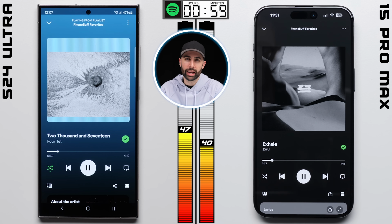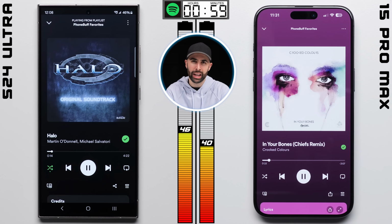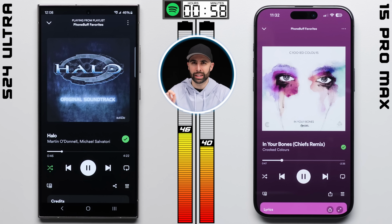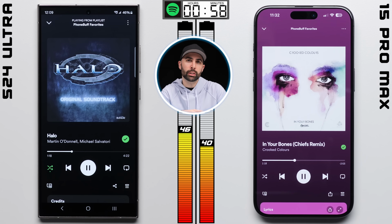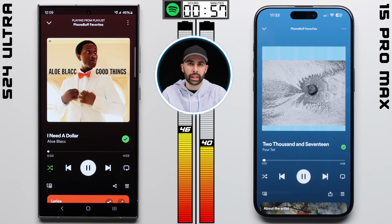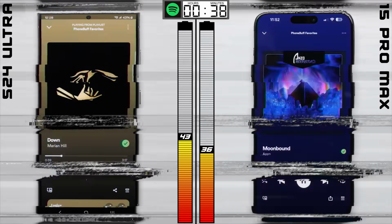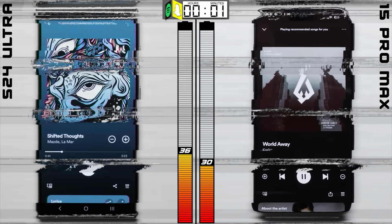Now, this Spotify test is an area where Galaxy phones have typically struggled in the past. I've always suspected that it was due to the earpieces on the Galaxy phones, with them being super thin and not really well ventilated like it is on the iPhone, which, because we calibrate the speakers to the same levels, technically it would make the Galaxy's earpiece have to work harder just to match the volume. It's kind of like how you would have to speak louder if you had something covering your mouth. But after an hour, it actually wasn't too bad, with the iPhone only doing 1 point better, which still gives the Galaxy a 6-point advantage